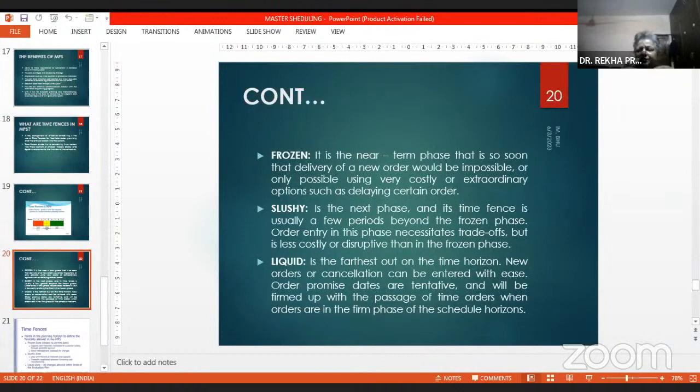At that time it is not easy to tell the sales department that you can deliver this, because it is in the initial phase, so it is frozen. Slushy is the next phase, and finally you move to the liquid phase when it is further developed and you can make the delivery on time.